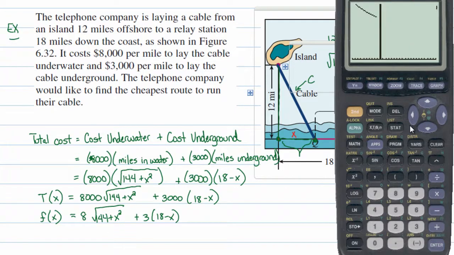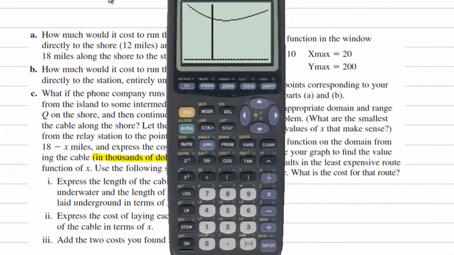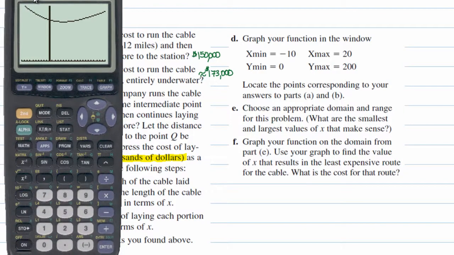And now if I hit graph, you'll see that the total cost starts kind of high and it goes down, down, down. It gets to a low point and then it starts rising. This low point is what we're interested in. We want to know what is the x value that's associated with that low point. I'm going to guarantee it because, well, that's just generally how all these problems work. So if you look at the next question, in fact,